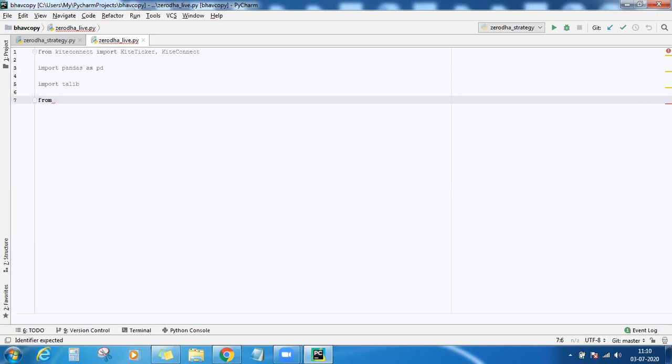until 60 minutes, only 100 days of data will be supplied. From 60 minutes to 240 minutes, only 365 days of data will be supplied. And from daily, some years, I think. It is mentioned in their documentation. You can refer to that. So this is the limitation that we have.